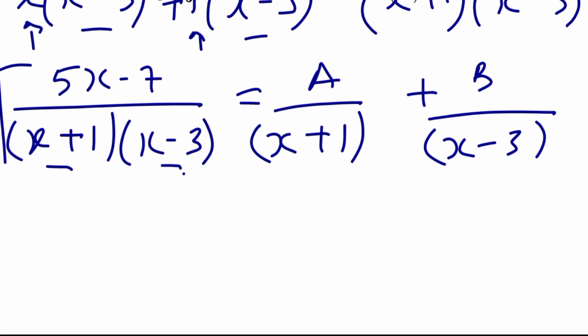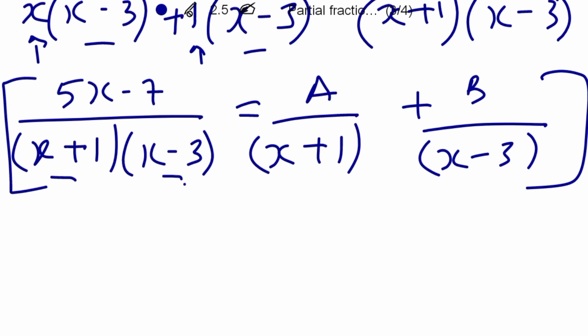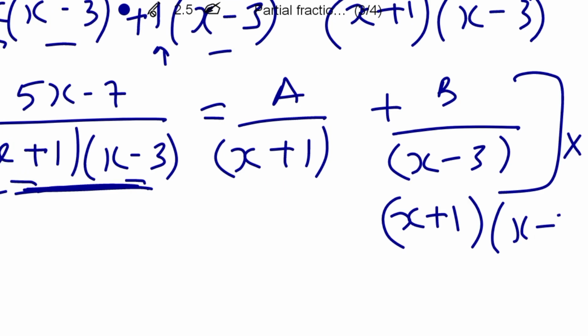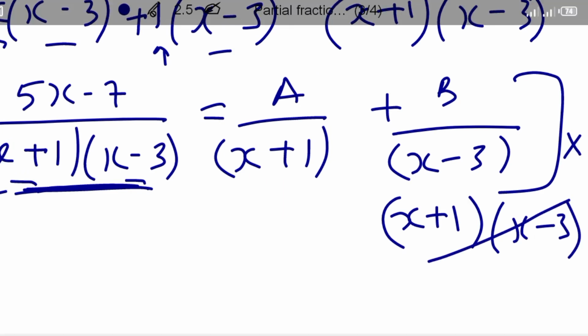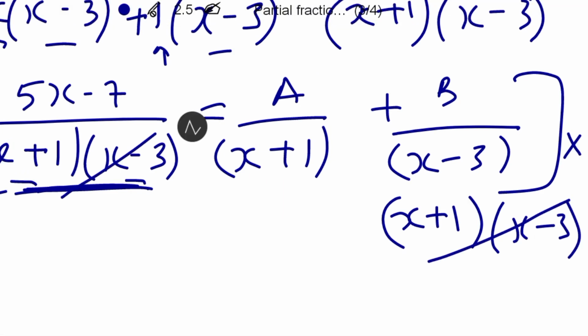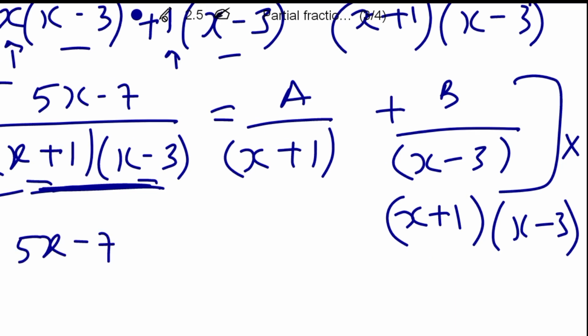So what are we going to do now? Here is the whole expression. We know they are equal. We are just equating it, right? What we need to do is to multiply everything inside this bracket by this expression here, so we will be able to remove it. So x plus 1 and x minus 3. So everything here cancels this, right? So we are left with what? 5x minus 7 equals